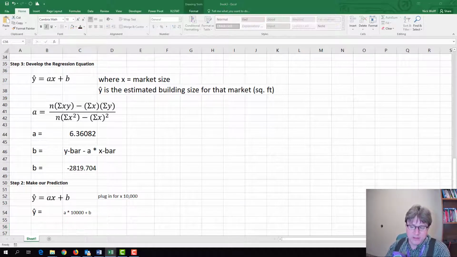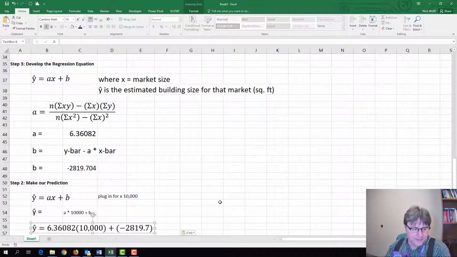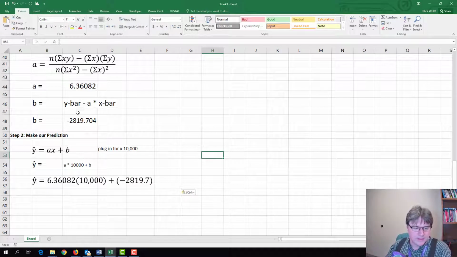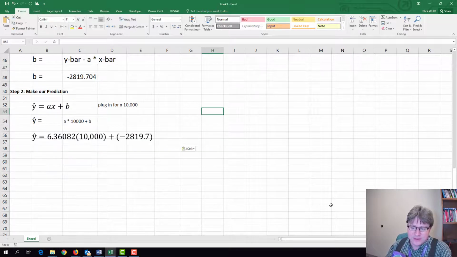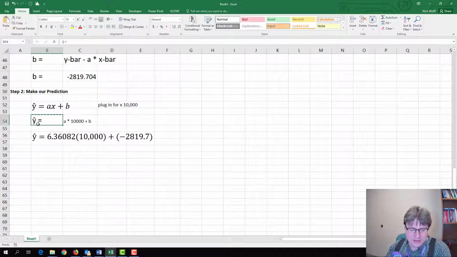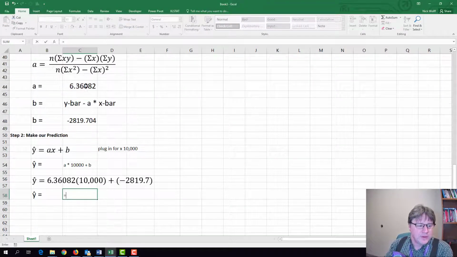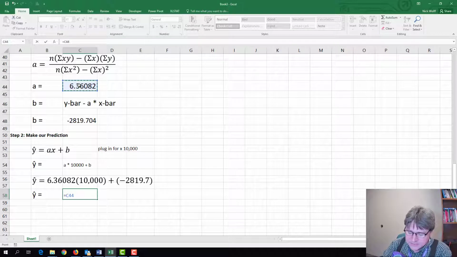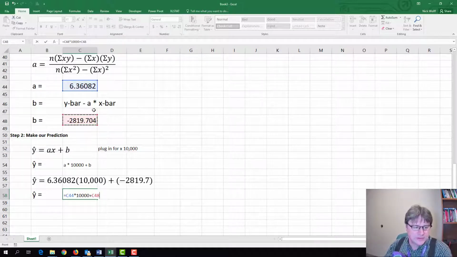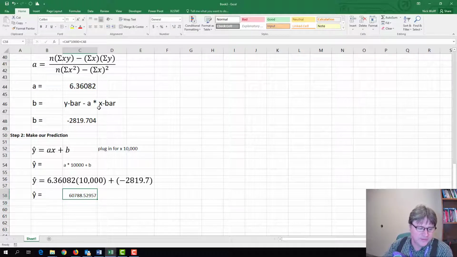So if we actually plug in these numbers here, this is what the equation is going to look like. Okay, that makes sense. 6.082 and the negative 2819, those are those numbers plugged in there, plugging in 10,000 for x. And if we do that, we'll go ahead and again solve the equation. Is equal to A times 10,000 plus the negative 2819 will give us